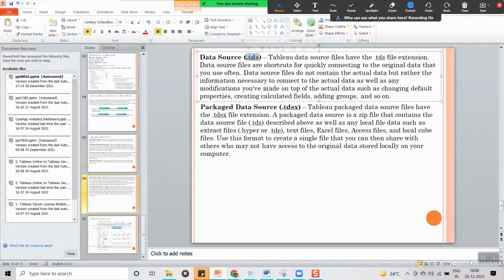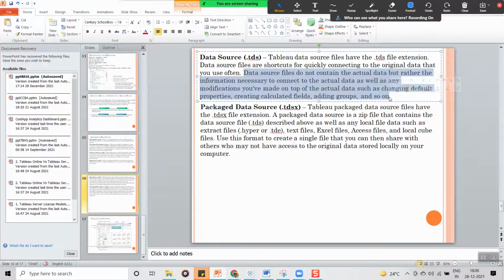Now you can see Tableau data source files have the TDS file extension. Data source files do not contain the actual data, but rather the information necessary to connect to the actual data, as well as any modifications you have made on top of the data, such as changing default properties, creating calculated fields, adding groups, and so on. So whatever I said is correct.